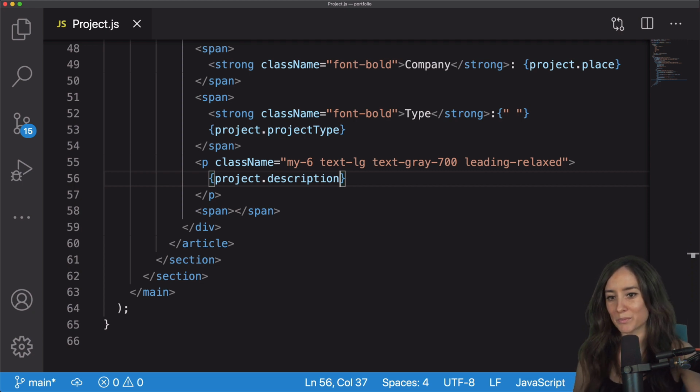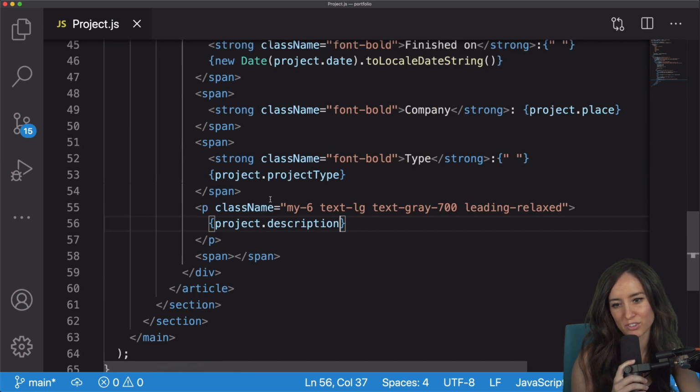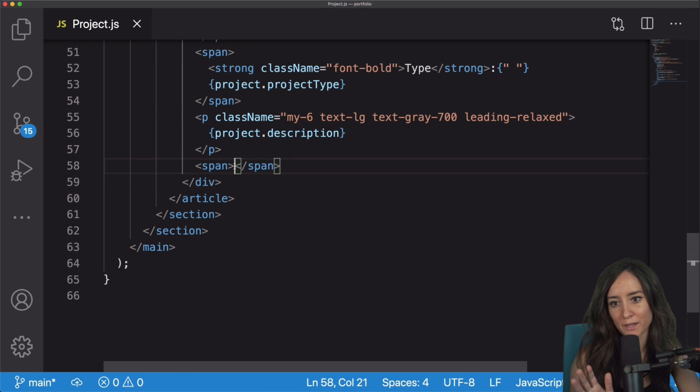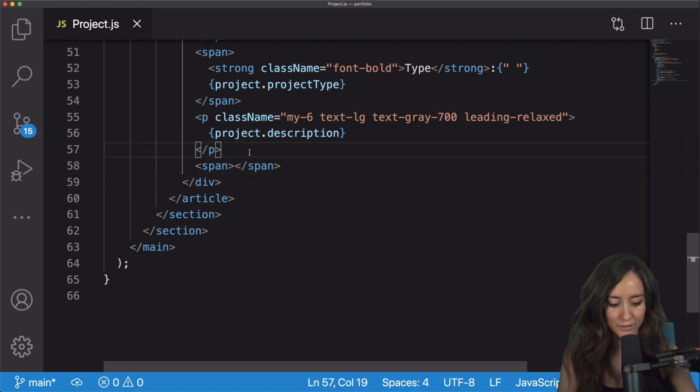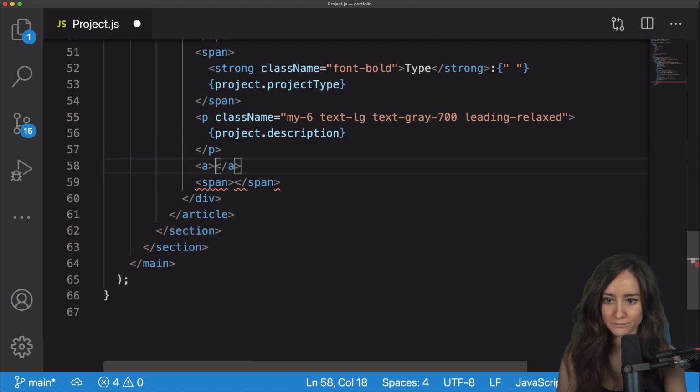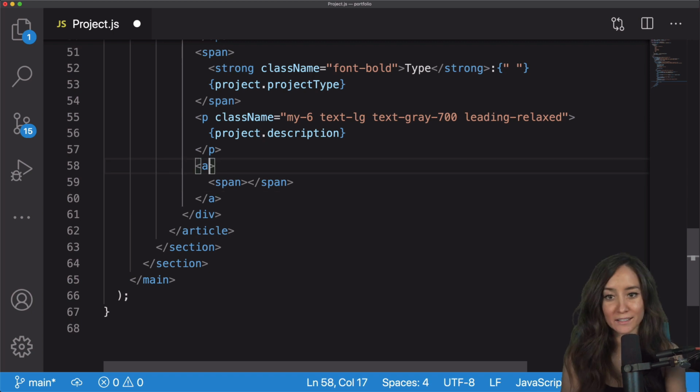Now our last span is going to be clickable. So this is going to be like the main spot we want people to click for our project. Even though we did add this title as clickable, it just gives it another spot. This span is going to be the main spot for clicking to see the project. So let's put an A tag around it. And then in this A tag, let's give it an href of